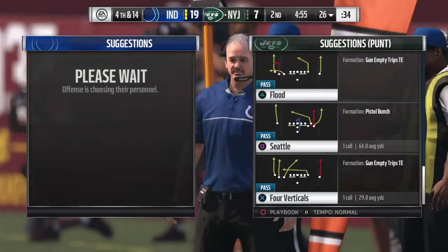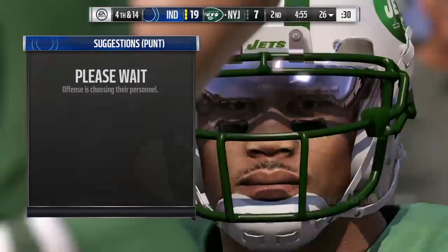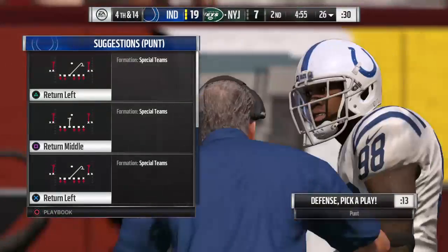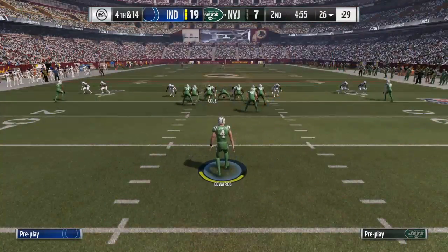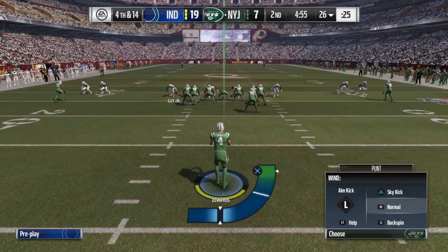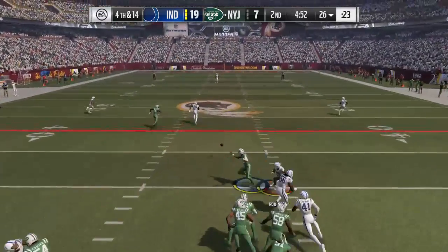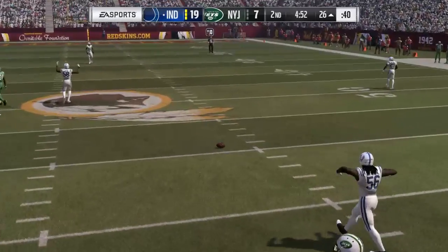Timing's crucial in any route thrown, but when you throw an out, so many things are going through the mind of the receiver. Catching the ball, timing it up with the quarterback. Are my feet going to get down in bounds? On that play, all those things going through his head might have caused him to drop it. And look at this. It's a fake. And this is incomplete. A huge...